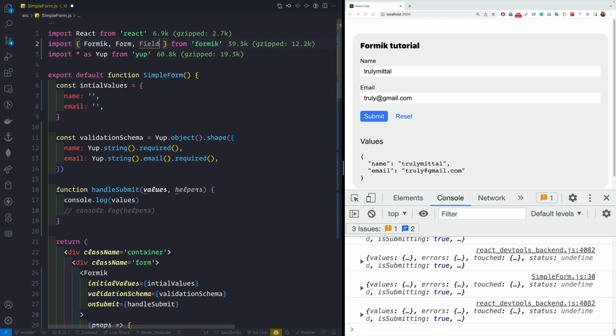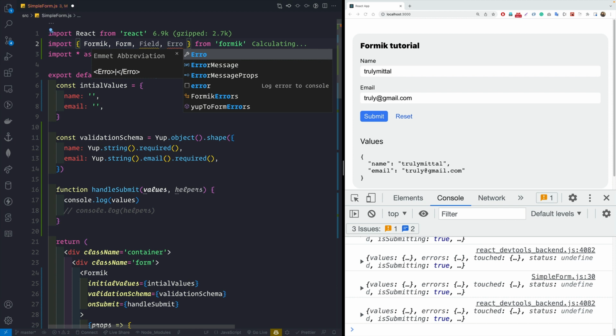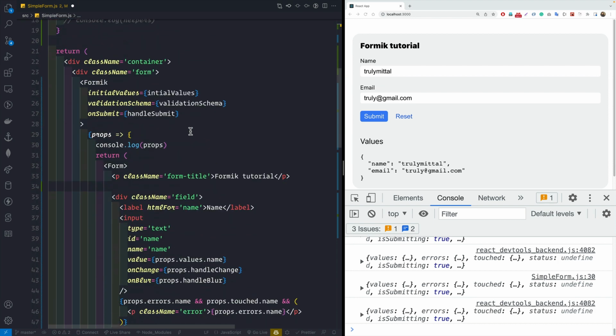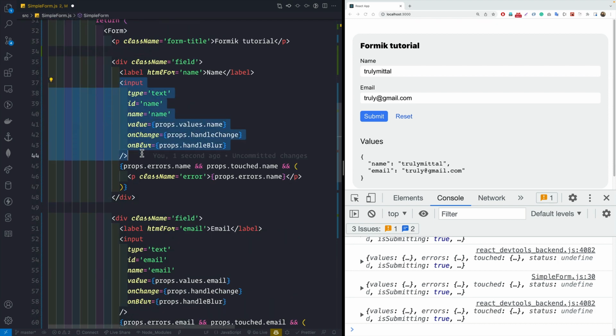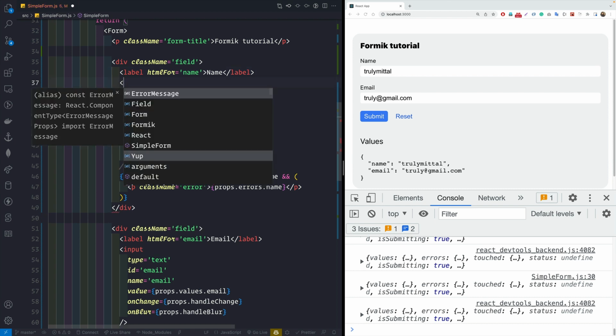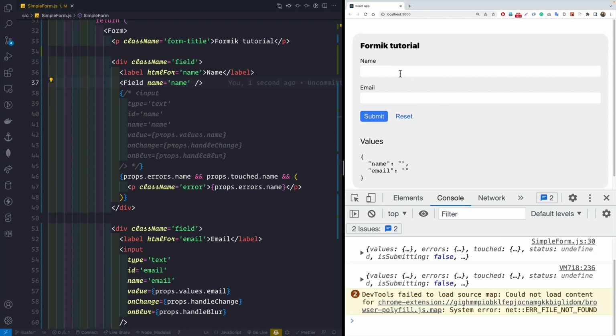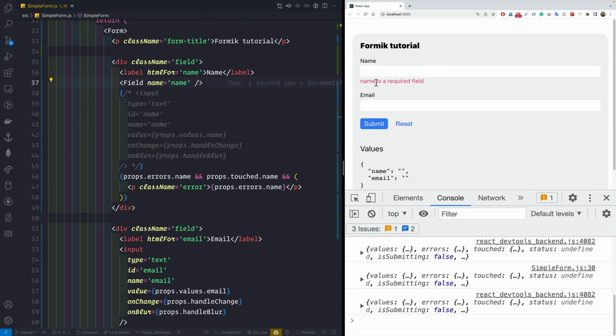I can simply import Field from here, and let me also import the ErrorMessage component from Formik. So instead of providing an input like this, I can simply replace this input with the Field component from Formik. And here I need to simply provide the name attribute like this. If I save this, everything should work fine. If I reload the page, we do not see an error. If I focus out, we get an error here. So all this you can write in simply one line here. And moreover,